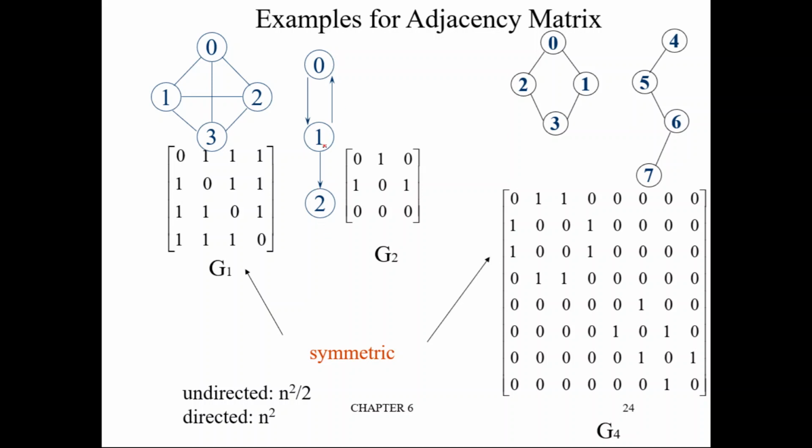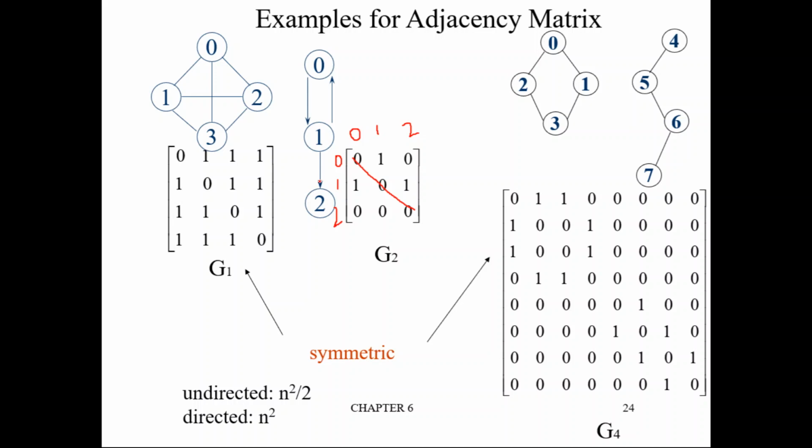Graph 2, this is a directed graph. It contains only 3 nodes. So the matrix will be having only 3 rows and 3 columns. So 3 rows 0, 1 and 2. 0 is one node, 1 is another node, 2 is another node. Okay, this is 0, 1 and 2 for the column. Okay, so diagonals you can directly fill up zeros because we are not going to have any self loop.